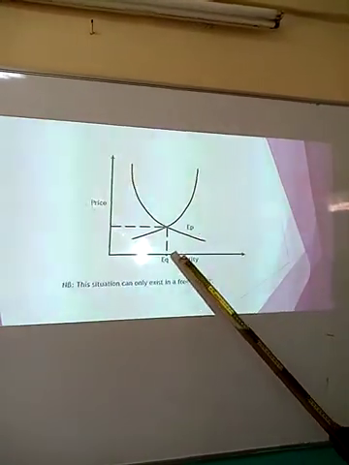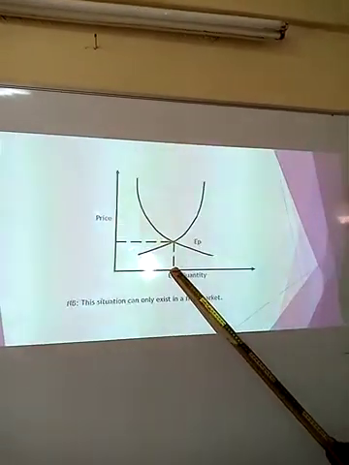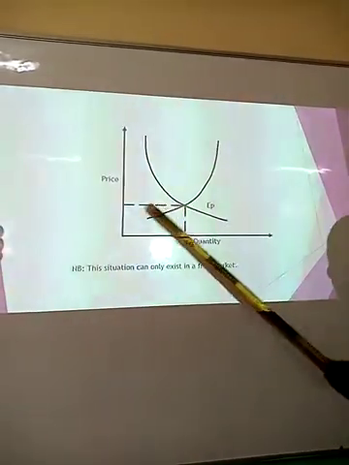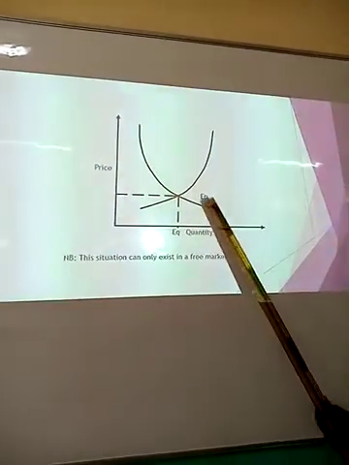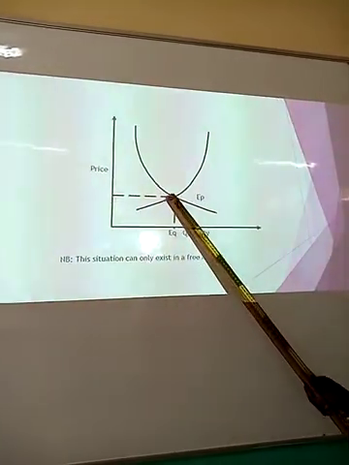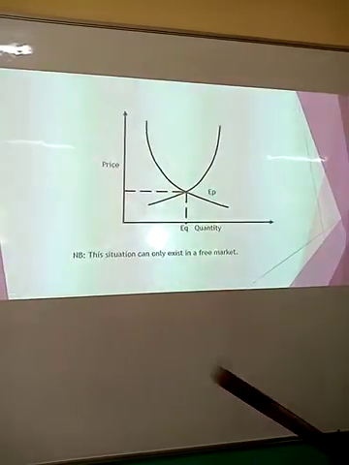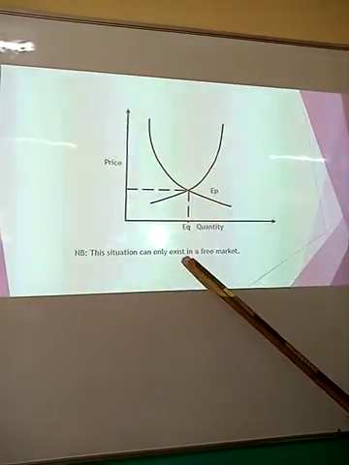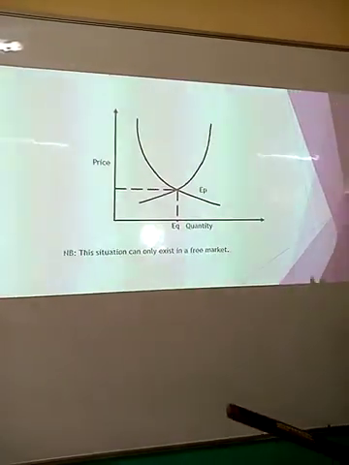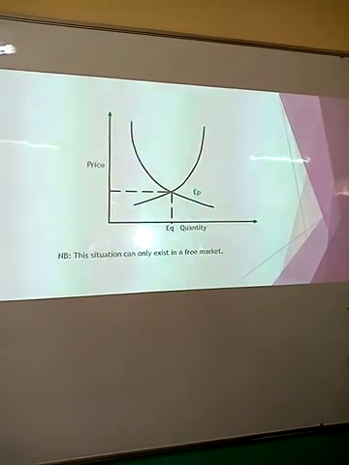Buyers are willing to buy at that particular price, by that particular quantity, and sellers are also willing to sell that particular quantity at that particular price. When there is that agreement, we get that point we are calling the equilibrium price, and the quantity at that point is called the equilibrium quantity. And this situation can only exist in a free market. With this graphical representation, I would wish that we understand